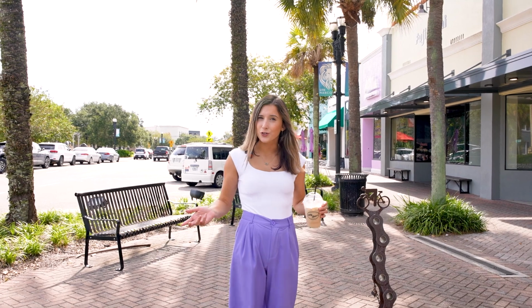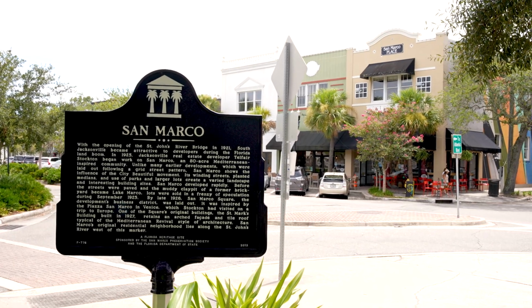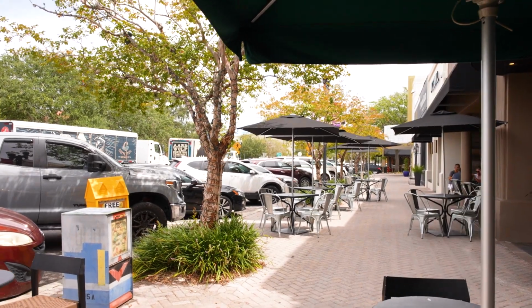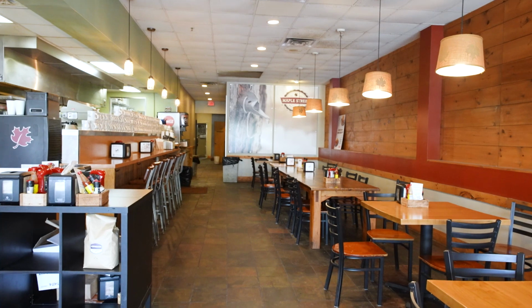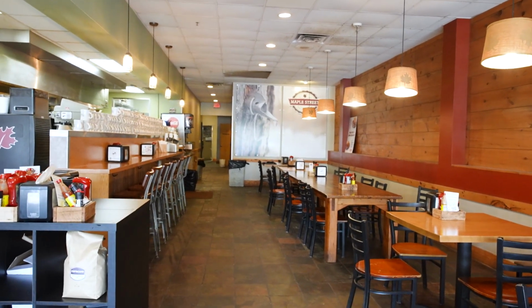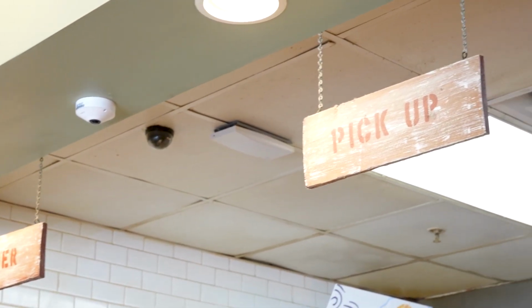While we're on the topic of food, let's talk about breakfast and coffee. Within San Marco, you do have a lot of options for breakfast or coffee, and truthfully, you can't go wrong with any of them. You have Maple Street Biscuit Company, which of course has specialty breakfast sandwiches and free coffee refills. Their Squawk and Goat biscuit has actually been featured on Food Network, so be sure to give it a